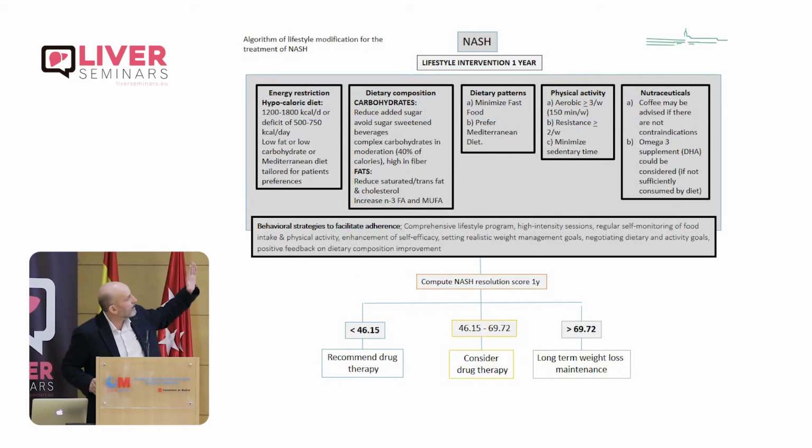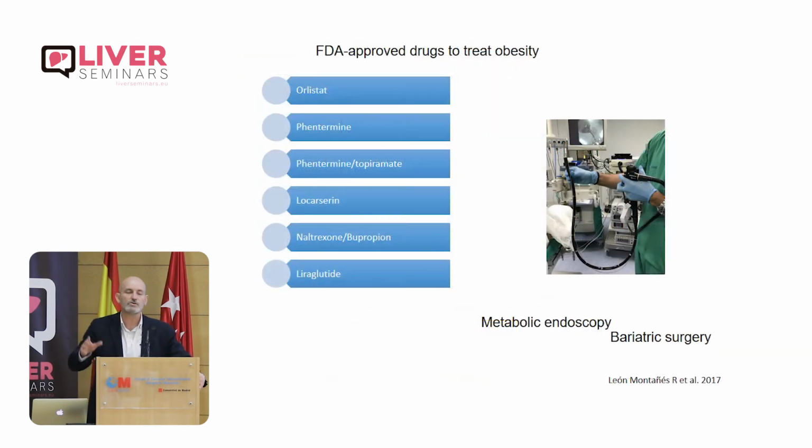This is a summary. We are doing the diet, we can compute, and if the patient is below the low threshold, the patient needs drug therapy. If it's over the higher threshold, we can keep quiet because our patient is resolving NASH. If we cannot